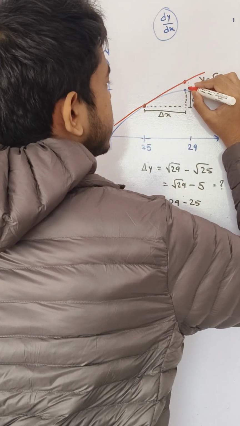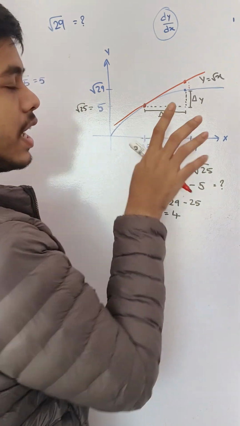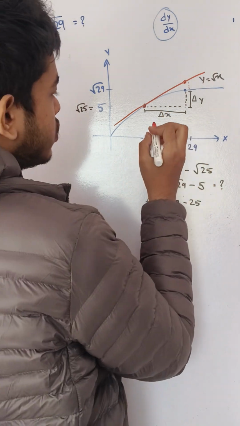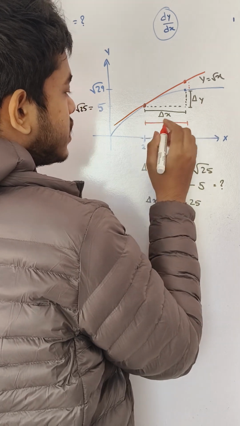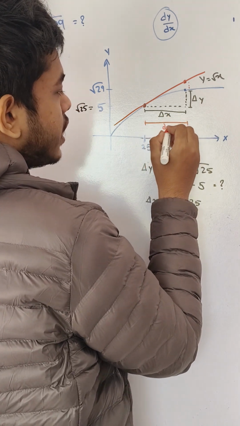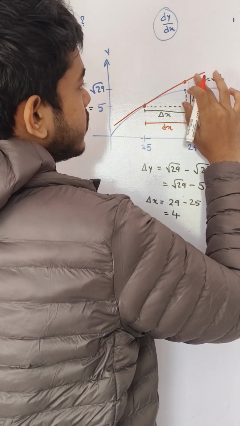There is some difference, but the del x is the same over there. So del x is the same as dx. This and this are equal, but in case of del y,